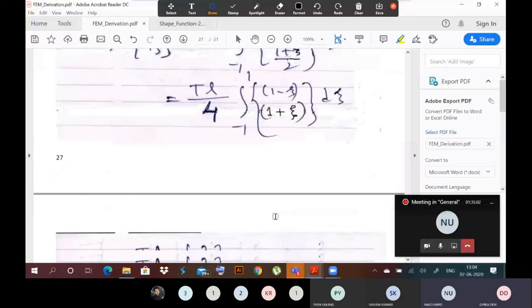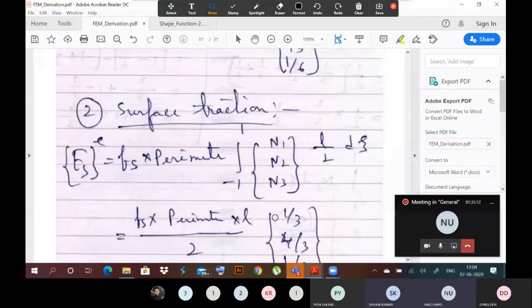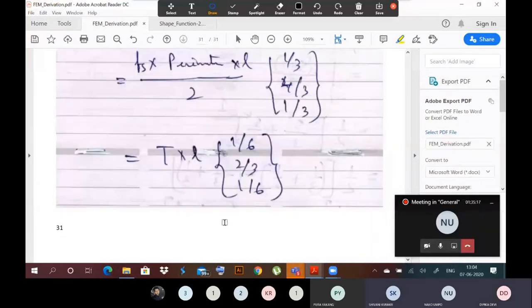Ma'am, this PDF is already given to us, right, ma'am? Yes, I have given you the PDF. If you don't want an explanation, if you go through this PDF also you'll be able to understand this derivation. Here I have given the derivation of the consistent load vector. It's very, very simple. You just have to multiply and derive the individual terms. You have to put the value of N transpose, the value of the body force term, and the value of the surface traction term. Very, very simple. If you go through the PDF, then I can omit this derivation directly. You can go to the problem solving.